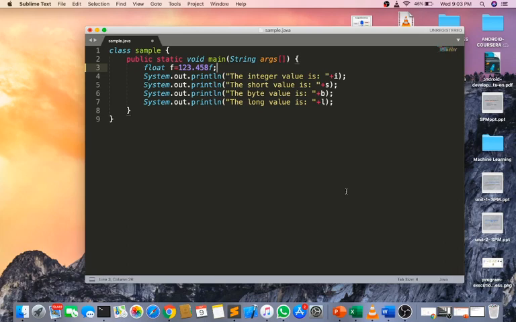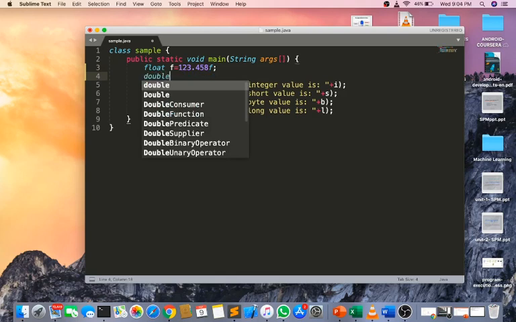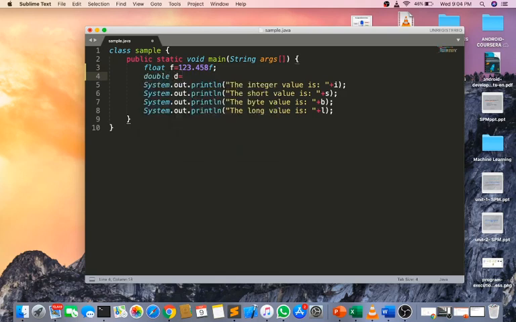Is that clear? It is not necessary for the double. double d equal to 465 and some 23.